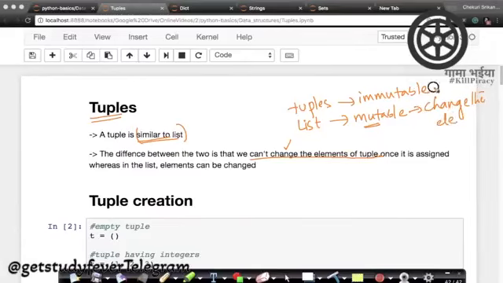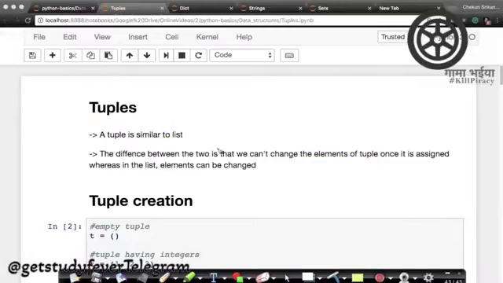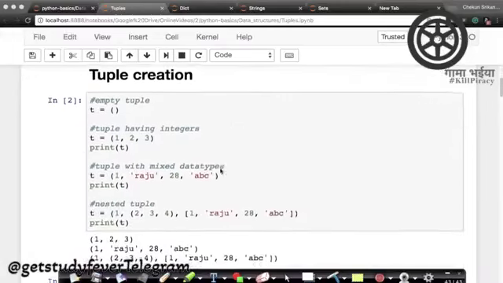You cannot change the elements of a tuple. Other than that, more or less tuples and lists are very similar, but this is the most fundamental difference between a tuple and a list. Now let's go through some code and understand what operations we can run on tuples and how to create them